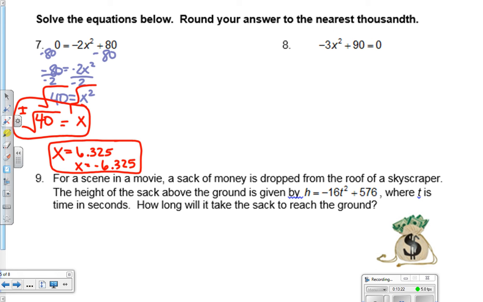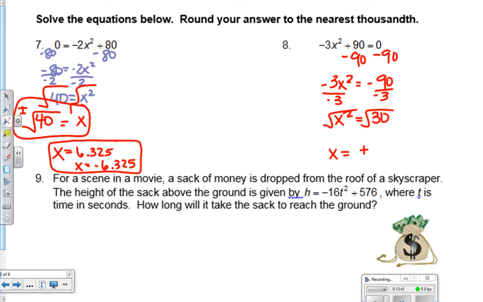So same thing on the right side. I'm going to subtract 90 from both sides. So negative 3x squared equals negative 90. Divide by negative 3, and luckily that other negative is going to go away. So x squared equals 30. Well, again, that's not a perfect square. So our options are to either leave our answer as just x equals plus or minus whatever the square root of 30 is. That's one way of writing it, just to show that, hey, we can't actually take the square root of it. Or